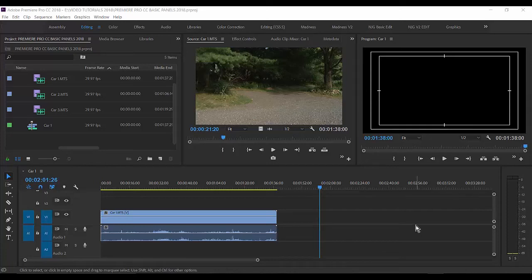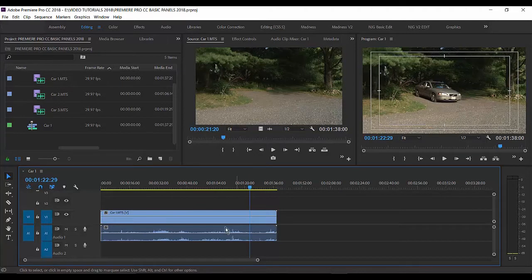Okay, so now we're going to go ahead and continue here in lesson 3. We're going to cover a couple more basic navigational things, and then we're going to do some basic edits, which is what we're heading into. So we left off, we had a clip here in the timeline, and we learned about the basic windows, navigation,